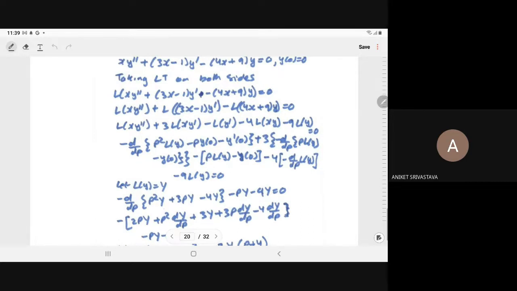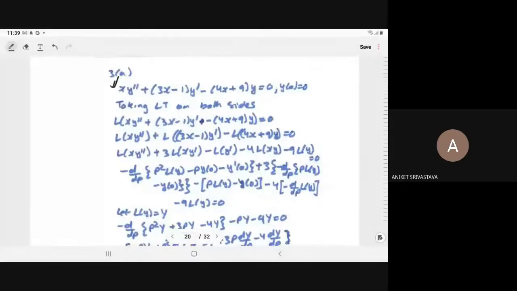Now, here we have seen how to take the Laplace transform of the complex or advanced function. So now we have a little bit advanced differential equation. These types of differential equations you have not solved even in chapter 2 or chapter 3, right? Till now, even in the series solution, you have not solved this type of question. So here, the first question is